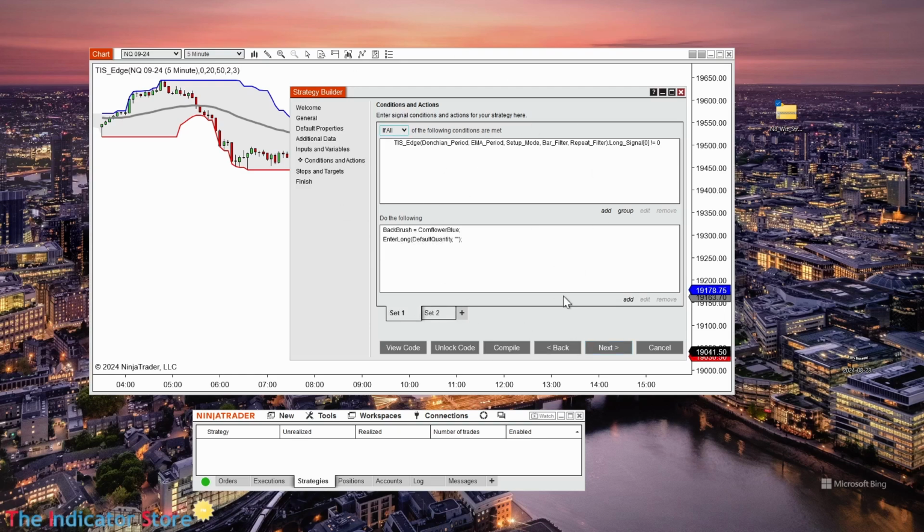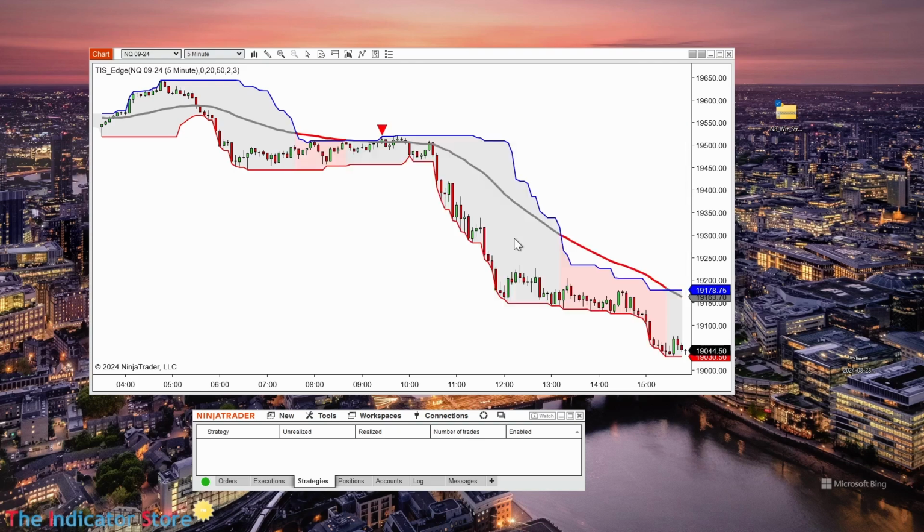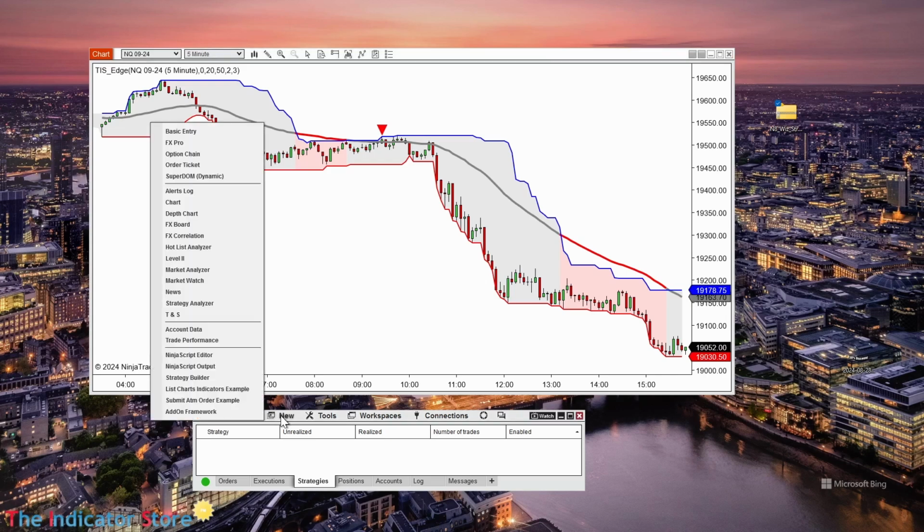The idea is, okay, now what can we do with this? Because it is not just to automate the setup. The problem is, which are the settings? Which are the best settings to use with this setup or any other setup? And this setup has several parameters. The most important is the period of the exponential moving average, and also the number of bars of the Donchian. This is the most important. And then we also have the filters. For this, the most important